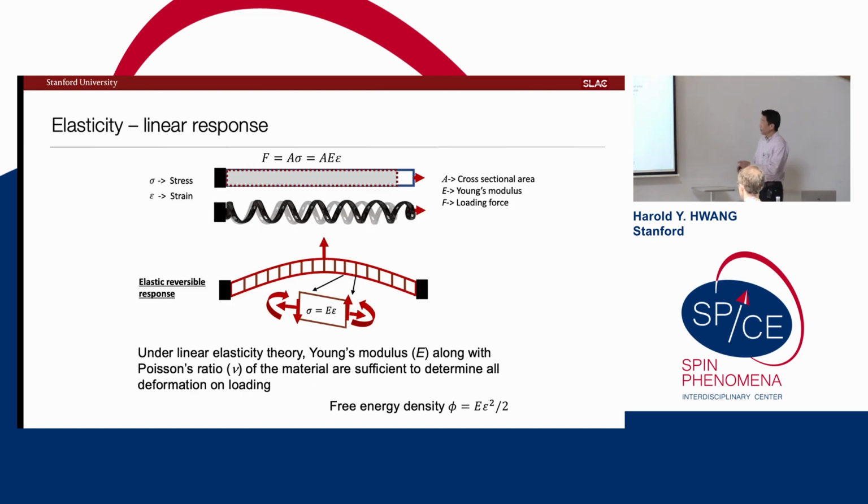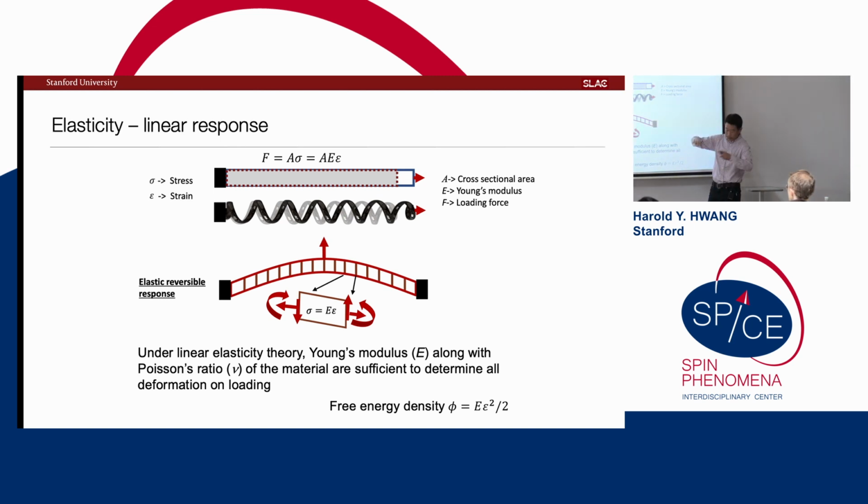My last topic in this vein is something we're just at the beginning stages of but quite interested in. We've done a lot of things with coplanar strain, but we're starting to look at bending response and trying to do this somewhat seriously. As a brief introduction, if I have a simple linear elasticity theory and I give you some geometry, the bottom line is that in the elastic regime, Young's modulus and the Poisson's ratio determine everything about how this would deform upon various loadings. So it's a very simple form for the free energy.